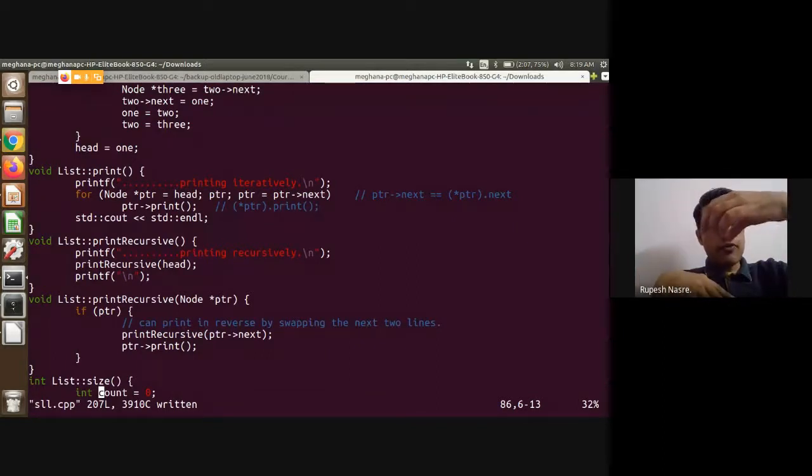When it goes to print recursive of B, that invocation of print recursive also says that, okay, let me print X, that is the next element, then I'll print B. So that is how it goes on, and in the end, when it returns, that print recursive returns as if ptr not equal to null, and it becomes null. ptr arrow next becomes null for the previous call, and therefore ptr for the current call becomes null, and therefore it prints Z here. Right? So it will print Z after this print recursive returns because of this condition. So that returns, it prints Z, and then it prints Y and X, and then B.